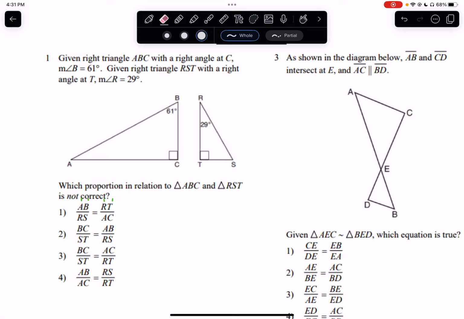So in this video, we're going to go through the extra review pages at the back of your packet. In this case, for number one, we're looking for which proportion in relation to the triangles is not true. If I fill in my missing angles, I'll be able to see that these are similar triangles. And so I'm going to go through and say A and R match, B and S match, and then C